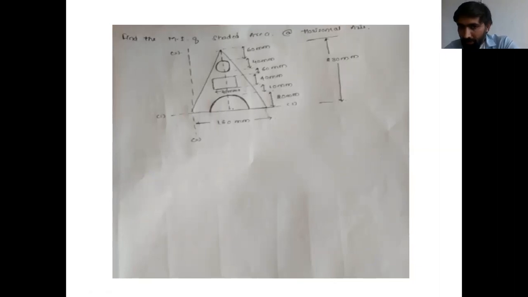Do you want me to repeat any of the topics we have done till today? If you would like me to repeat any topic, I will repeat it. If you have any doubts regarding centroid, support reactions and moment of inertia, because we have now finished almost 90% of the syllabus. We are just left with kinematics, which you can do on your own, because you have almost done it in your 10+2. It is very simple. In 2 to 3 classes, we can finish the entire kinematics. Till moment of inertia, it is important.